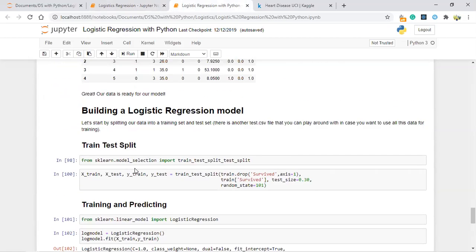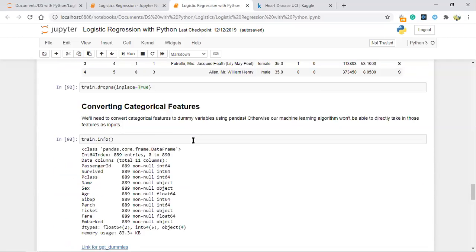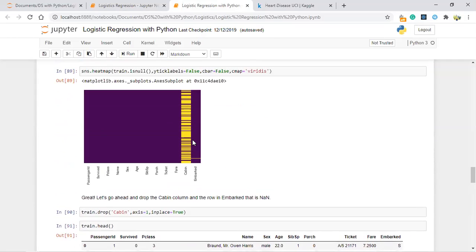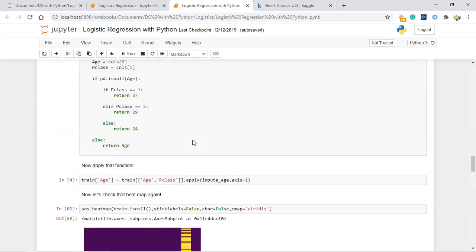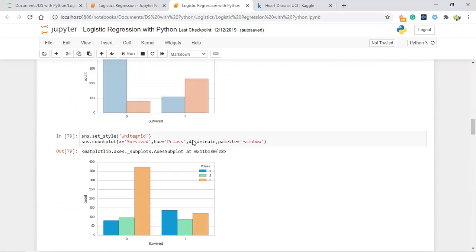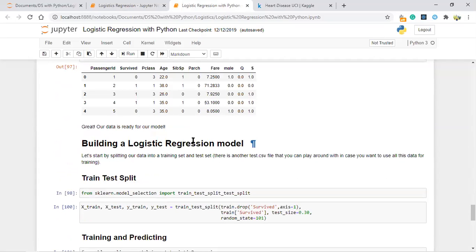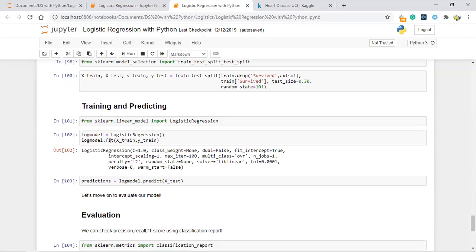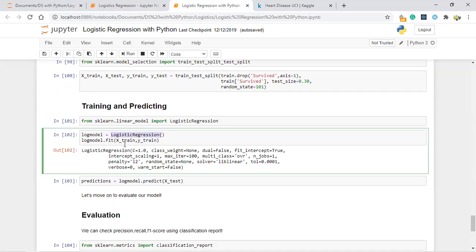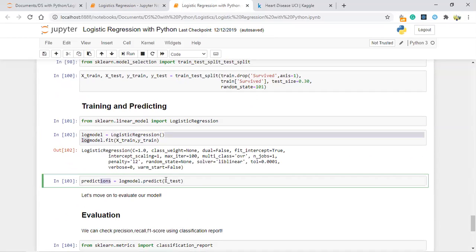Okay. So what you guys need to make with this logistic regression is the Titanic ship. So we have a Titanic data set. In the Titanic data set, how many people are alive and how many people died? How many survived and how many are non-survivors? That's what you are going to predict. So you make your training and testing, build your logistic regression, fit it, and predict the result.